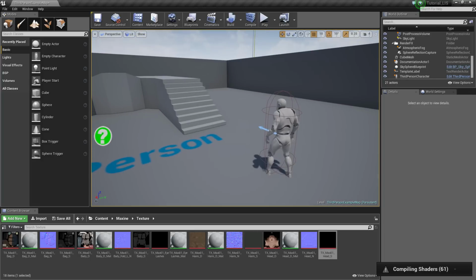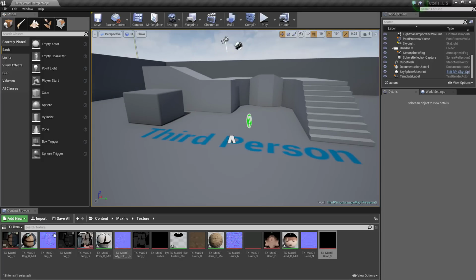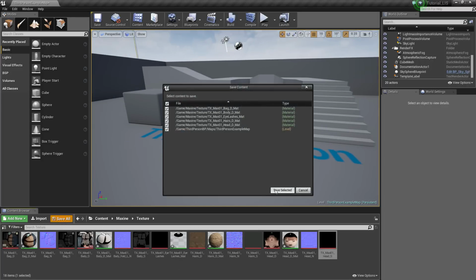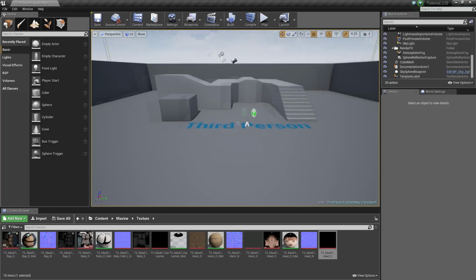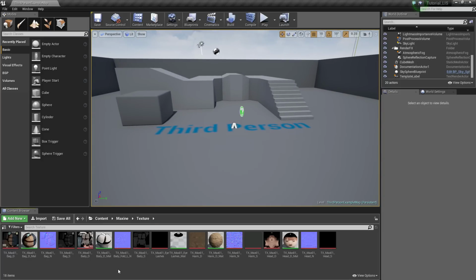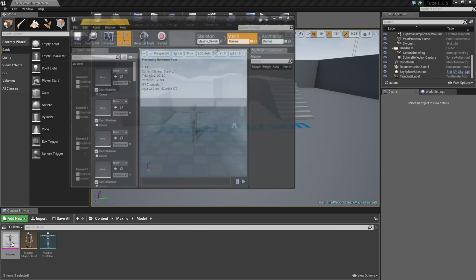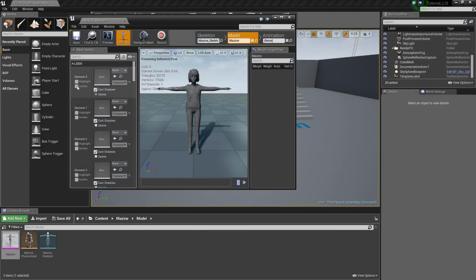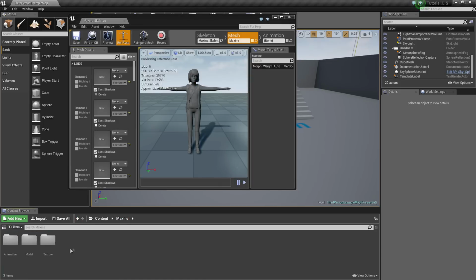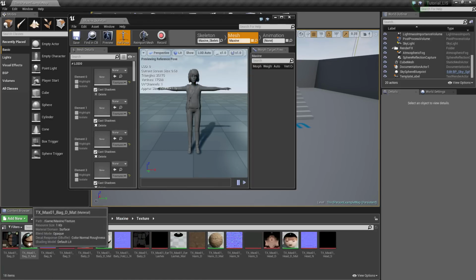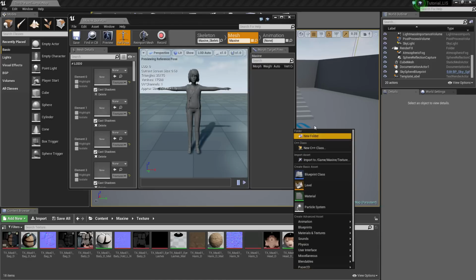I don't need the characters inside the scene anymore, so I just delete them. Again, save, because we never know. Now coming back to the model of Maxine, we'll apply all the materials. So you have the highlight, and the highlight just allows you to see which part of the body the material will be applied to. So coming back to the material, I will apply